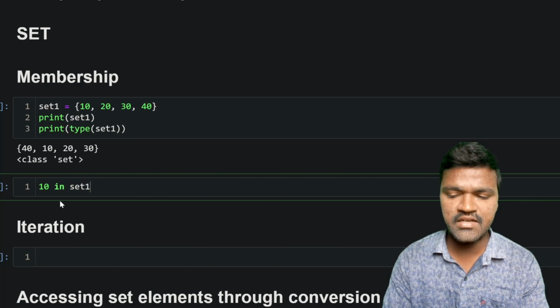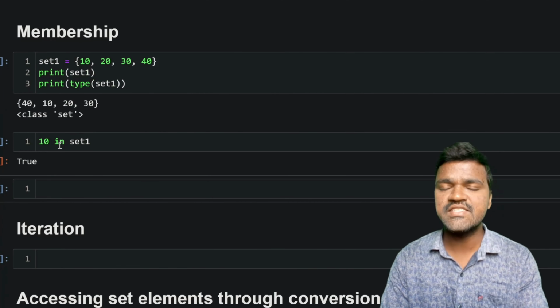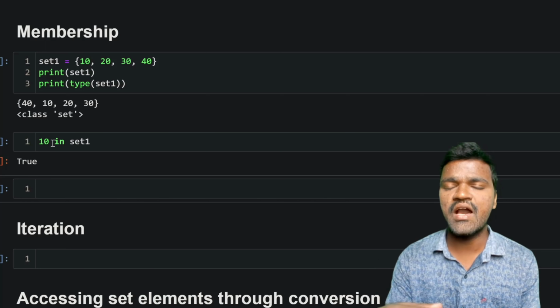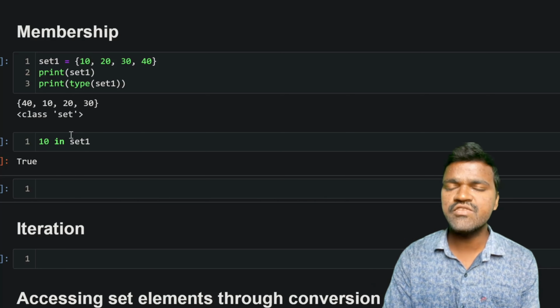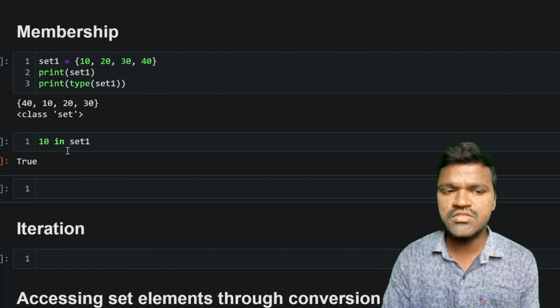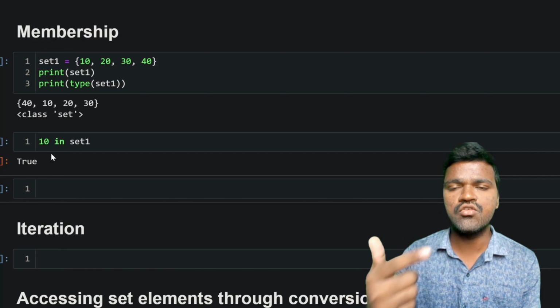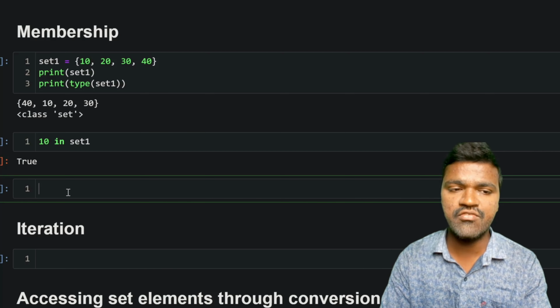If I execute this, we are getting true, because this 10 is present in set 1. Because of that reason, we are getting a boolean value, which is nothing but true here. So by this we can understand that when we use in, if the element is present in the set, it will return true,